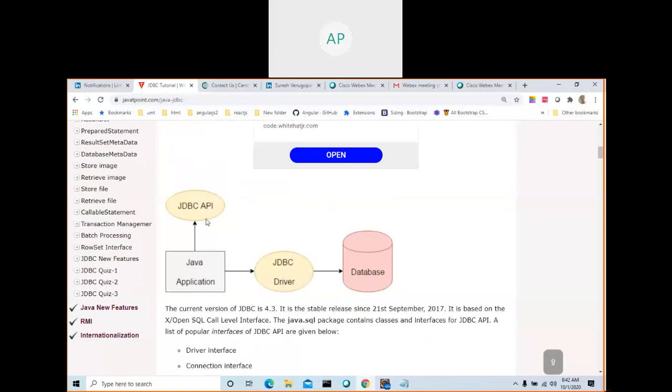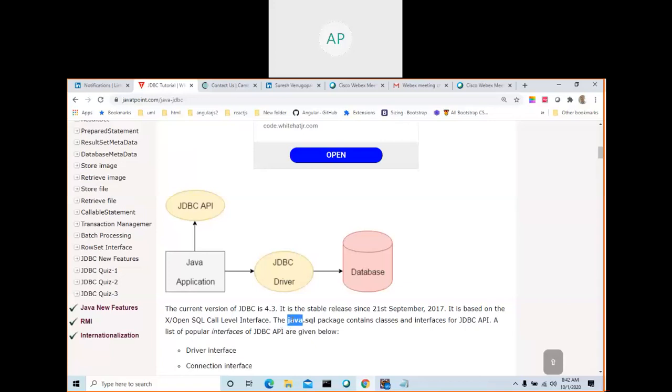All the APIs are available as part of Java. java.sql is the package. For collection classes, java.util. For threads, java.lang. So you know packages like java.lang, java.util; this all comes under java.sql.